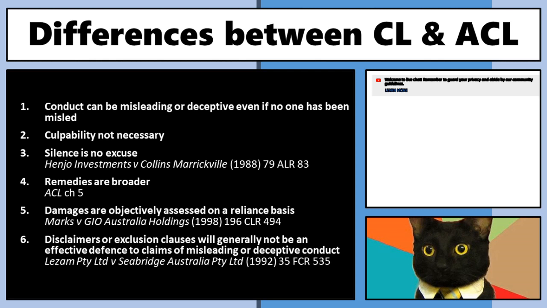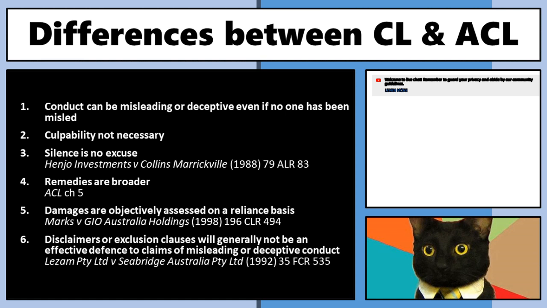Objective assessment, we're going to talk about this difference between reliance and expectation damages. This is actually, not strictly speaking, a good thing. I suppose it is a good thing. When you're doing damage awards for breach of contract, you can get reliance or expectation damages, but I'll talk about the difference between those. Generally, in the Australian consumer law, you need to prove the amount that you've actually lost, not the amount that you were going to make as a result, what you've relied on in terms of that particular conduct. And